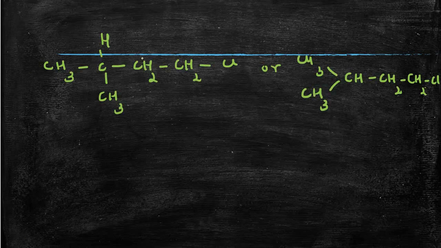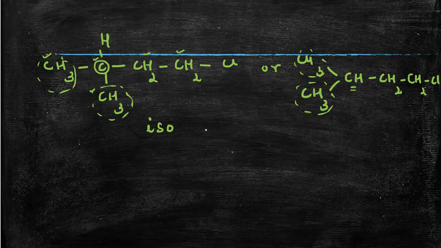Let us take one more example. In this case, how many carbon atoms are there? 1, 2, 3, 4, 5. Five carbon atoms are there, so pentyl will be there. Now in this carbon atom, two similar alkyl groups are joined here. The same structure can be written in this way. Two similar alkyl groups are joined to this carbon. So we will be using the word iso, and with five carbon atoms, it is isopentyl chloride. So you have to remember we use iso when two similar types of alkyl groups are there.